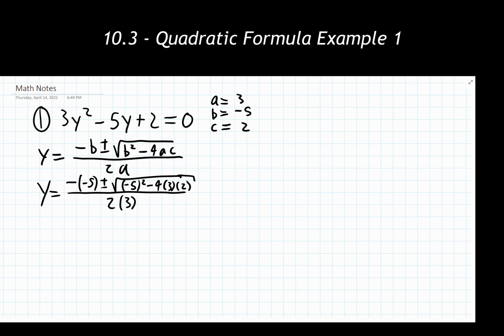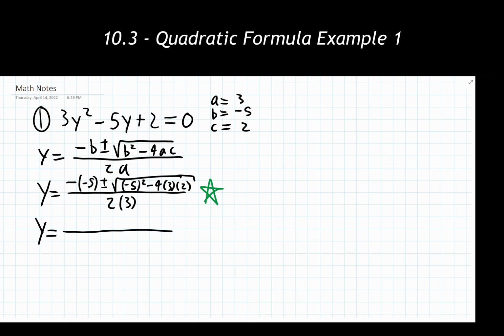Make sure you start off with doing this line every single time for yourself. A lot of people who mess up the quadratic formula do not correctly write out and substitute all these A, B, and C values into the quadratic formula itself. So from here, now that I have everything plugged in and substituted, I'm now going to simplify this thing down.